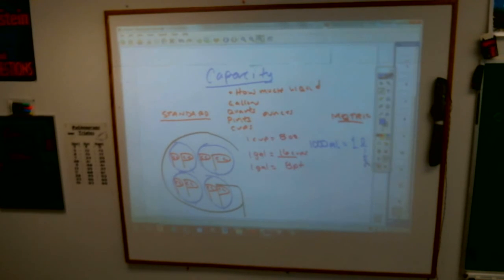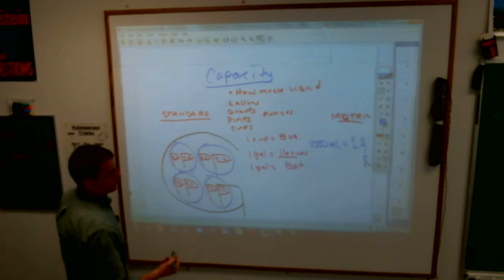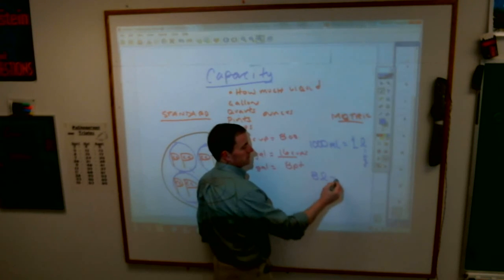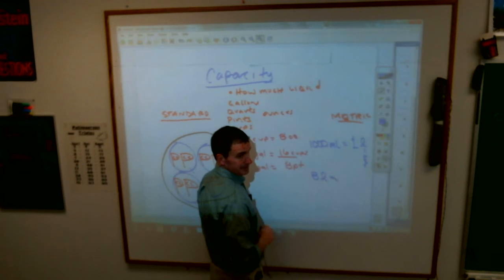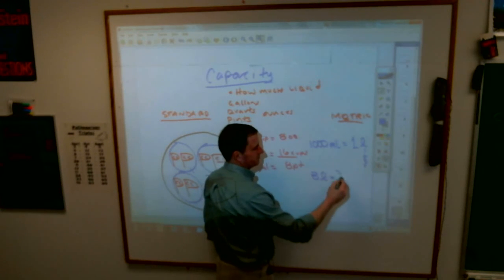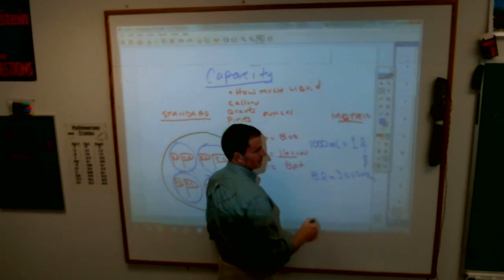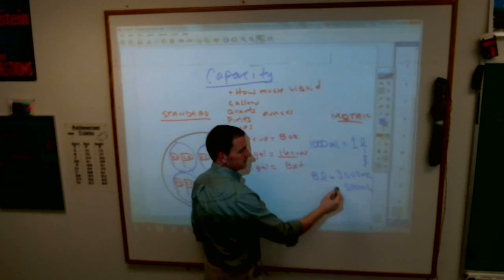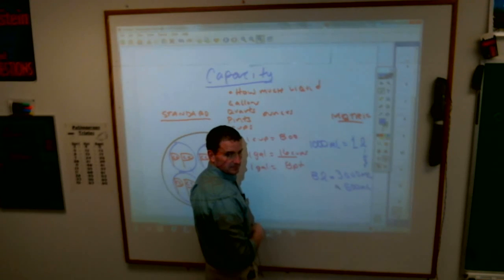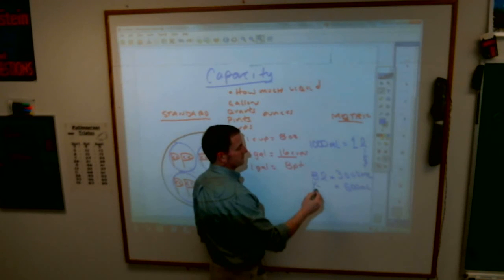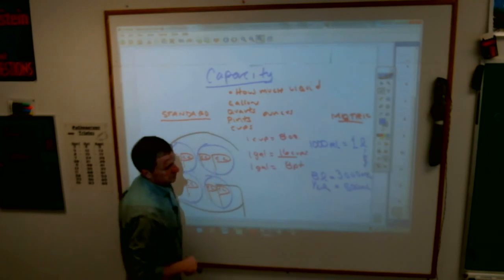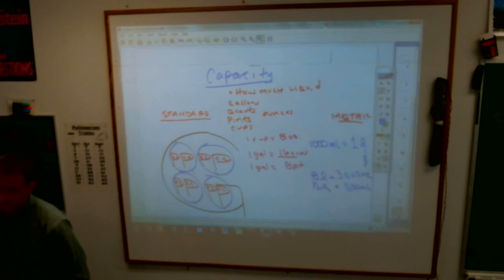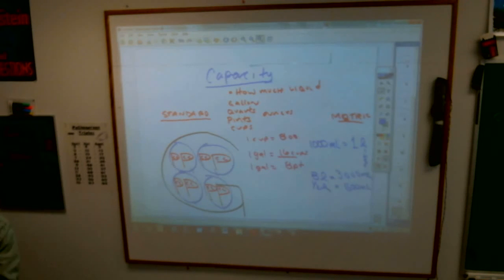Again, the metric system is a lot easier because here's all you'll find in the metric system. 3 liters equals how many milliliters? 3,000. Oh, how about this? What if I only had 500 milliliters? How many liters is that? Half a liter. Switching back and forth in the metric system is really easy. It's not so much in our system here, but if you have that little gallon thing, you should be okay. So